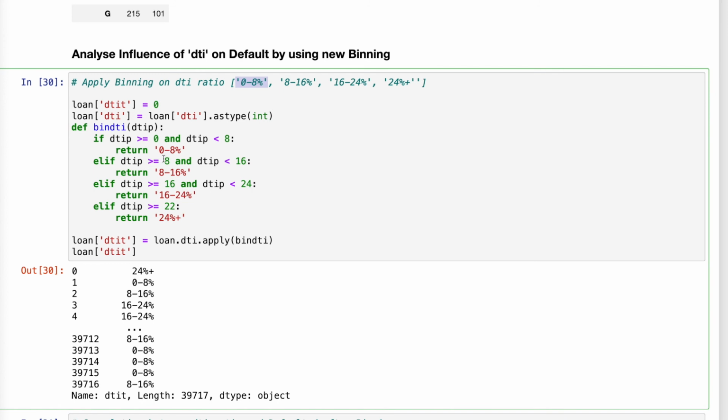So what we'll do is that for values of DTI between 0 and 8, we will have a new field and put 0 to 8%. When the DTI value is between 8 and 16, we will say 8 to 16% in the new field DTIT. Similarly between 16 and 24%, and greater than 22. This is a slight mistake; it should have been greater than 24 because this is a range. So a slight issue in the code, but nevertheless